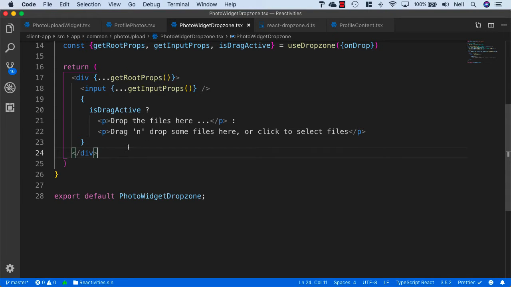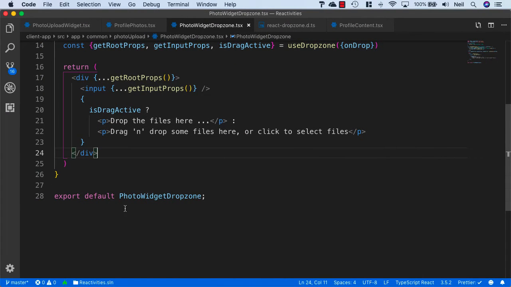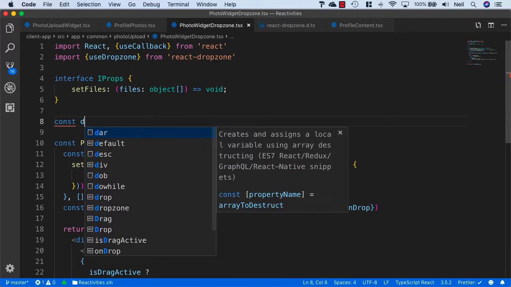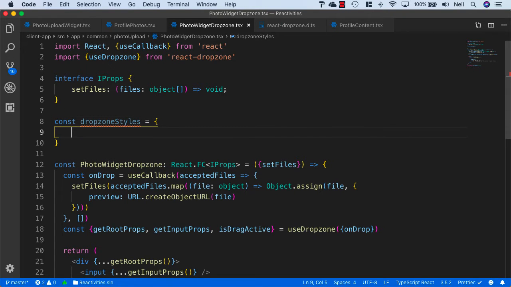And what we want for our styling is a box with an icon inside and some text to say drop files here. So it's pretty obvious what it's for. And what we'll do is we'll just add some styles inside our component here. And I'll say const dropzoneStyles equals, and we'll add a border, and we'll set it to dashed 3 pixels, and we'll give it a greyish colour of EEE,